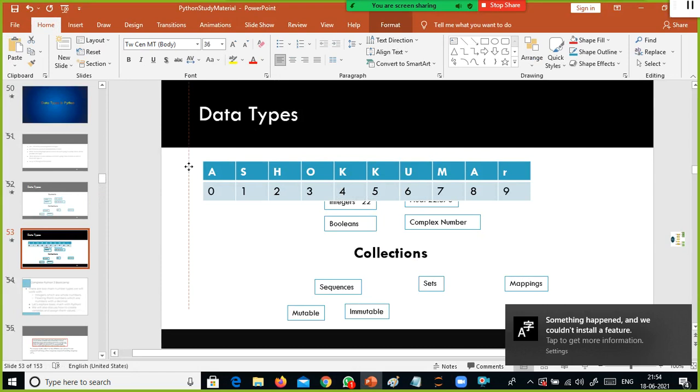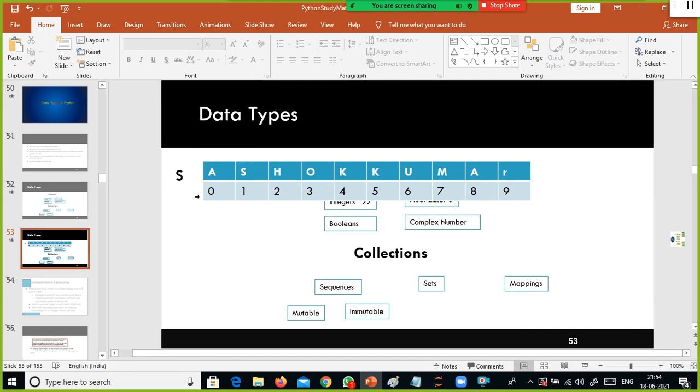This is my yes. The entire thing is your yes. Inside this, it maintains an index value. If I specify yes square bracket 3, that means in this location, s of 3, the O is stored.